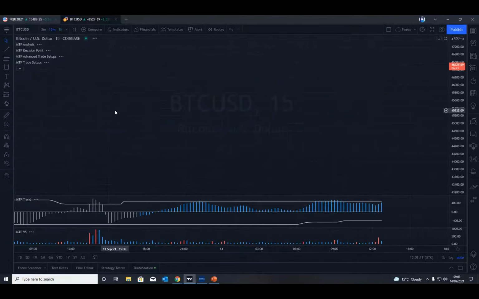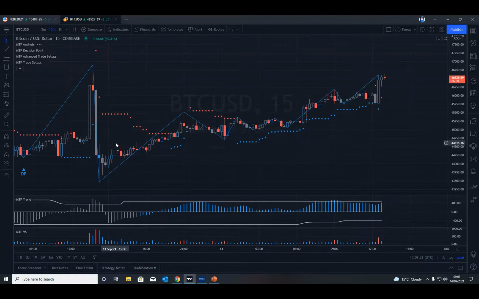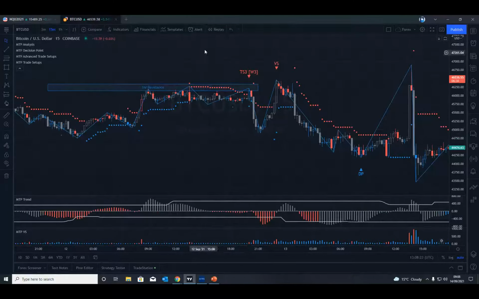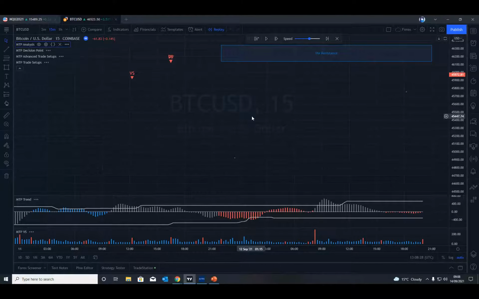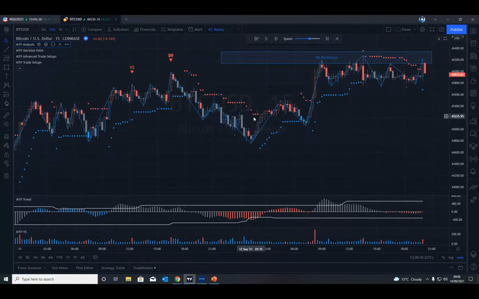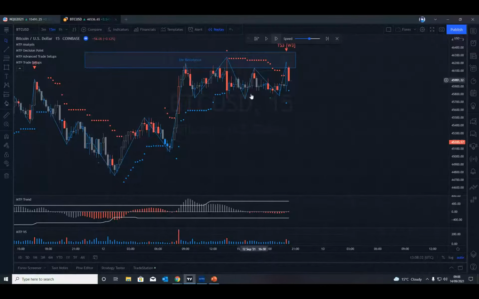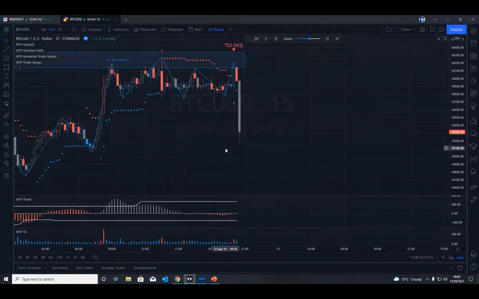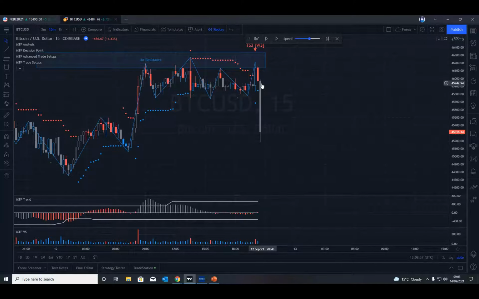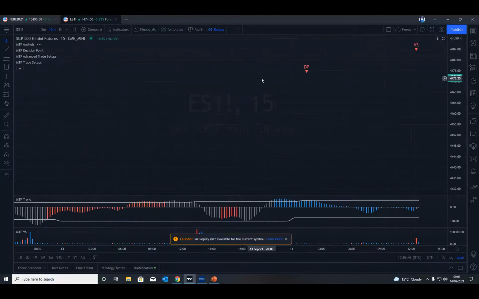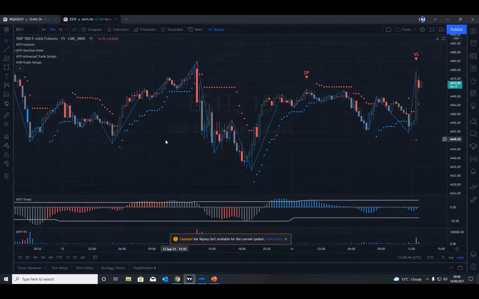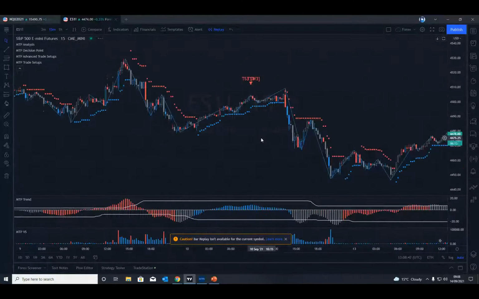So if I come back to the 15-minute chart and again use our bar replay and come back to say here somewhere. In the bar replay in TradingView, you have to go for the next completed bar after the bar you want to look at. So it's not that the setups come in late. It's that, what did I do there? Did I just turn that off? What happened there?